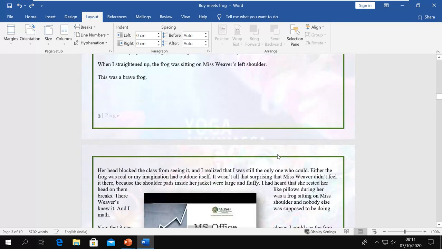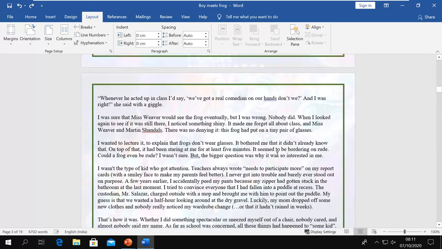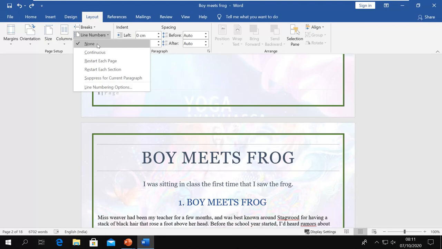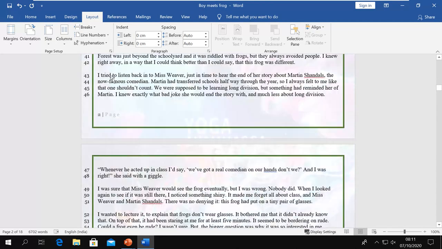So this is what the break does. And then you have this option to add line numbers. This is simple. You can add the line number to your pages. If you click on it, by default it is none. You can add continuous line numbers and you can see it is added continuously